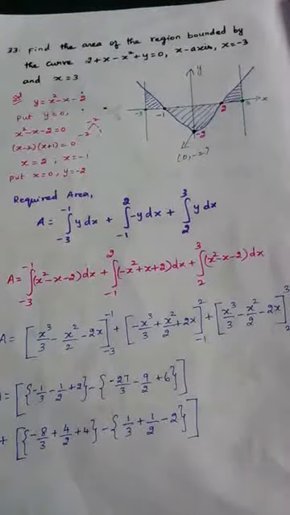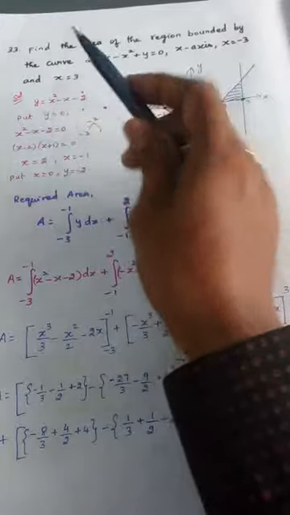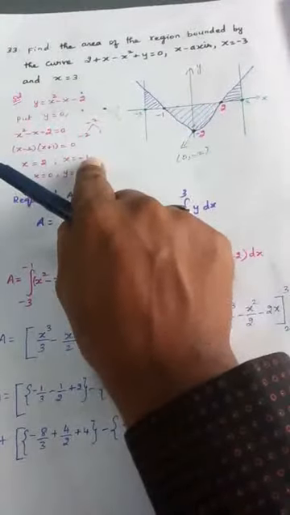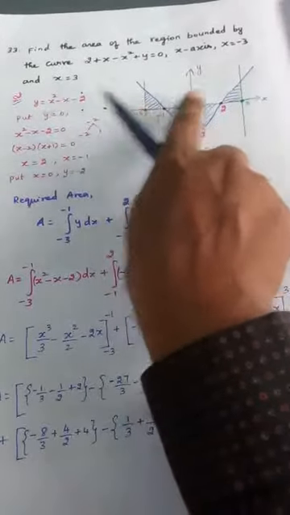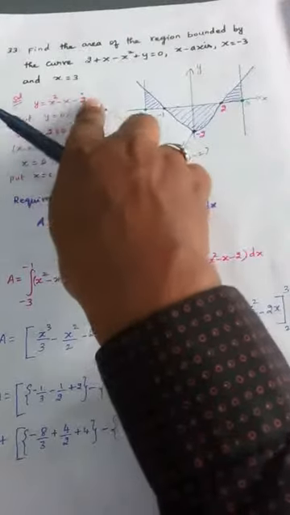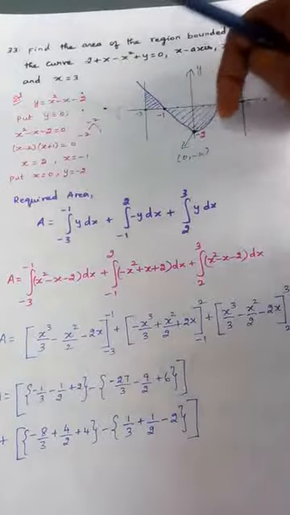Hope you are listening carefully. First we need to draw the diagram for this. For that we put first y = 0. We got 2 values, which means the curve cuts the x-axis at those 2 points. By putting x as 0 now, we are getting y = -2. So another point we got. Now we can draw the diagram easily.